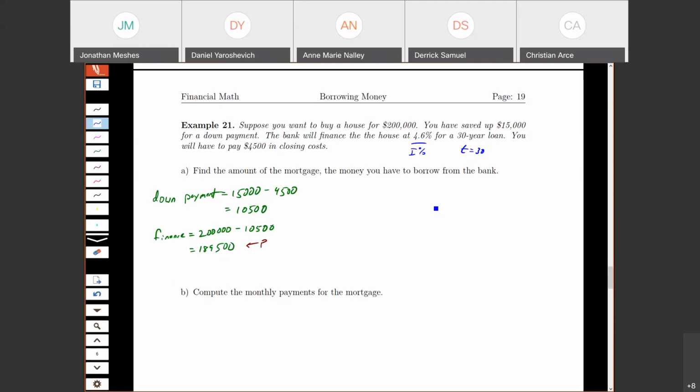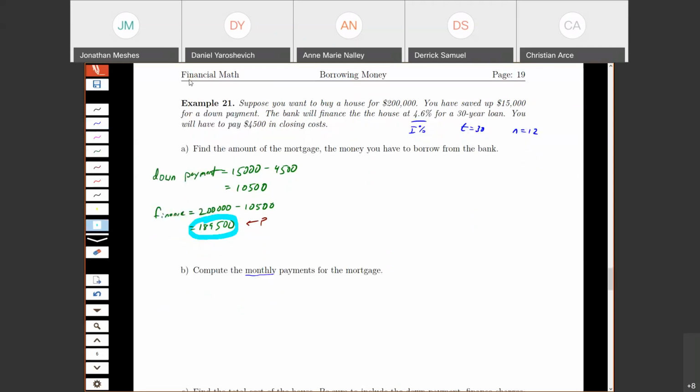It doesn't say specifically in the problem, well, I think until we get to here, that they're monthly payments. But unless it says otherwise, we can usually assume that payments are going to be monthly. All right. So for this first part, the amount of money that we have to borrow from the bank is $189,500. So then if I want to compute my monthly mortgage payment, again, we can either use the formula,